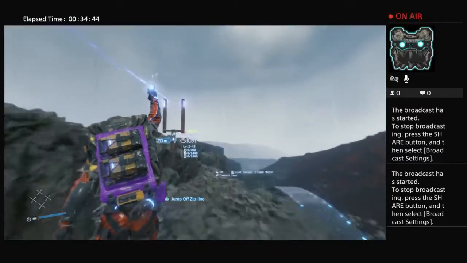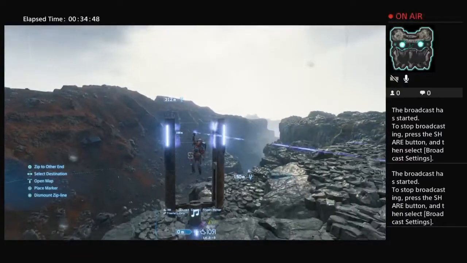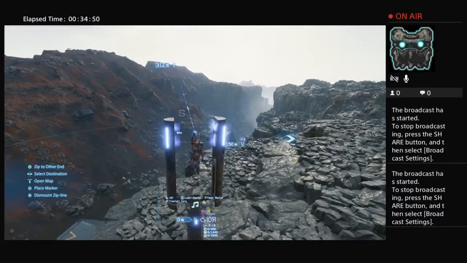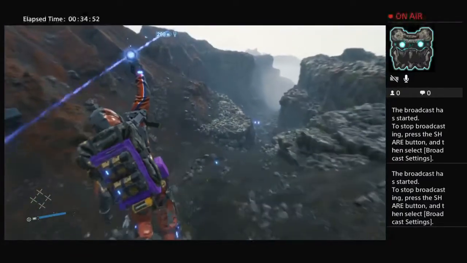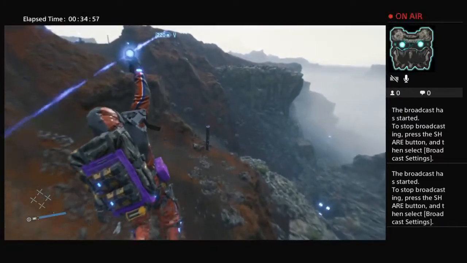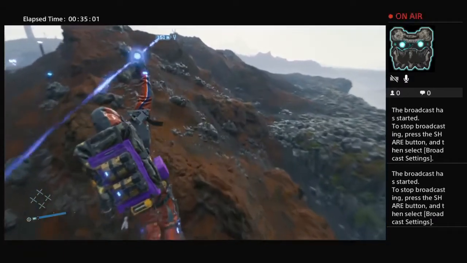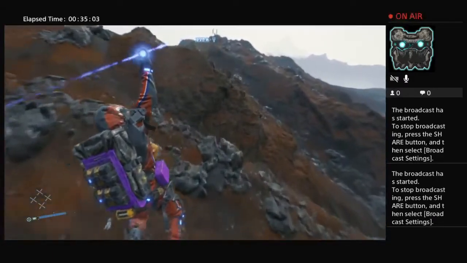So that, to my eye, is the ugliest section of ziplining I've done in the game. There's a couple of other points that are less than ideal, but that is by far the worst of it. So now we're getting up towards Mama's lab, and